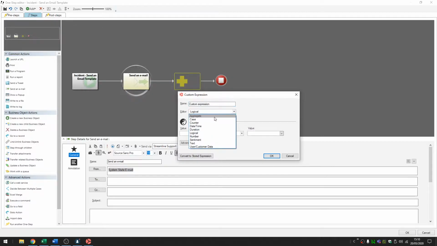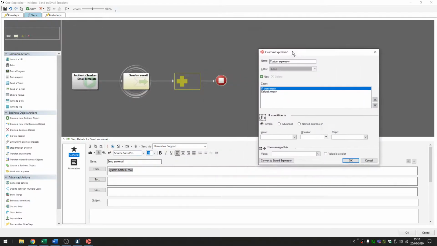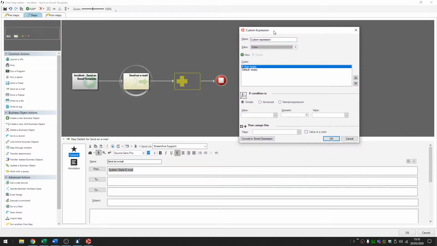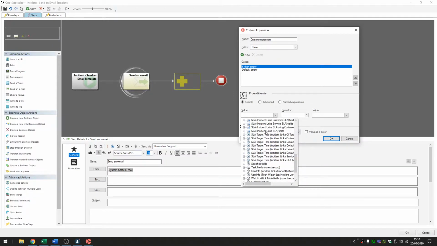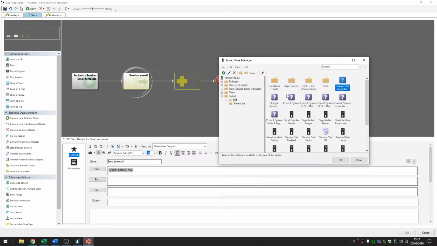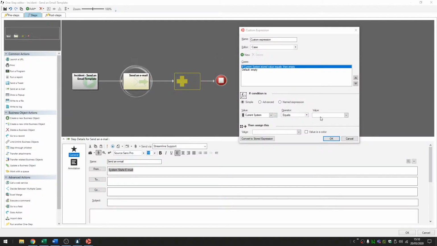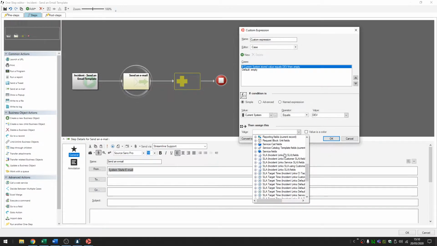And here I'm going to choose a case statement. The reason for this is so that we can separate whether or not the system is in development or in production. So if the current system, if I just click the value, go to stored values and choose current system, which you can get by going to browse and then finding current system just here. If I choose current system here is equal to dev,